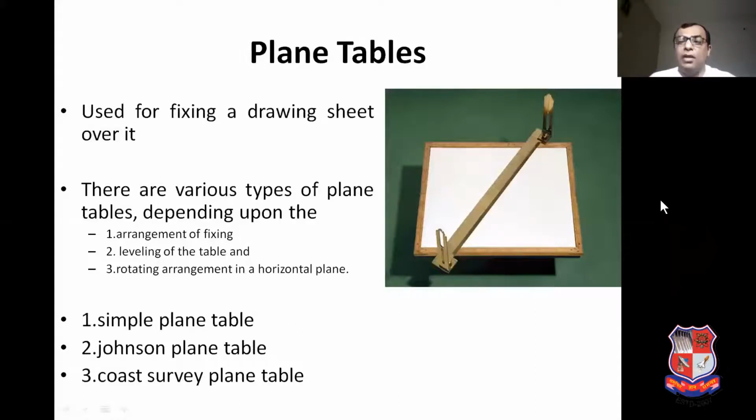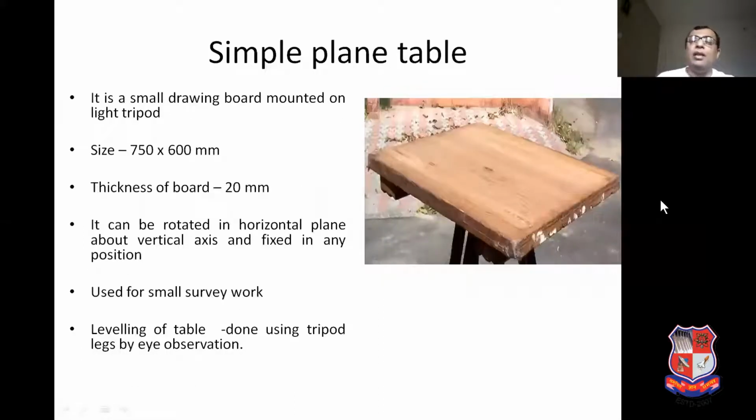One is the simple plane table, second one is the Johnson's plane table, and third one is the coast survey plane table. Let us see the simple plane table first. It is a small drawing board mounted on a light tripod stand. Size of the simple plane table is 750 by 600 millimeter. Thickness of the board is 20 millimeter. It can be rotated in the horizontal plane about the vertical axis and fixed in any position from 0 to